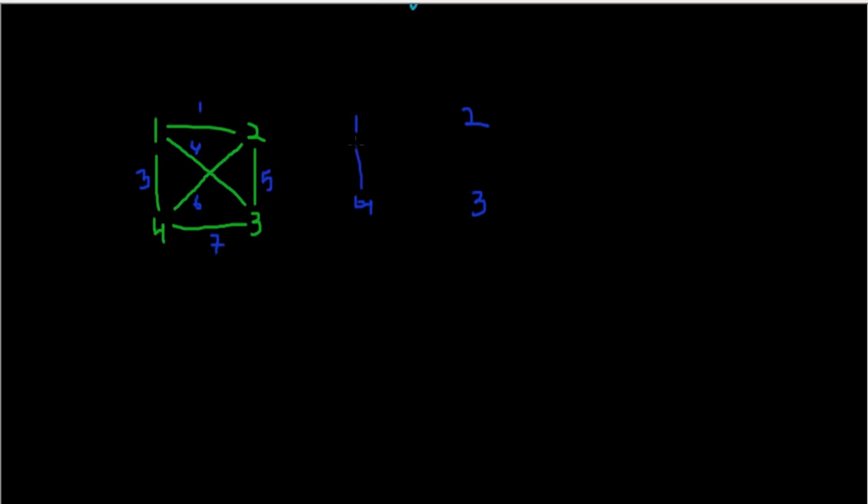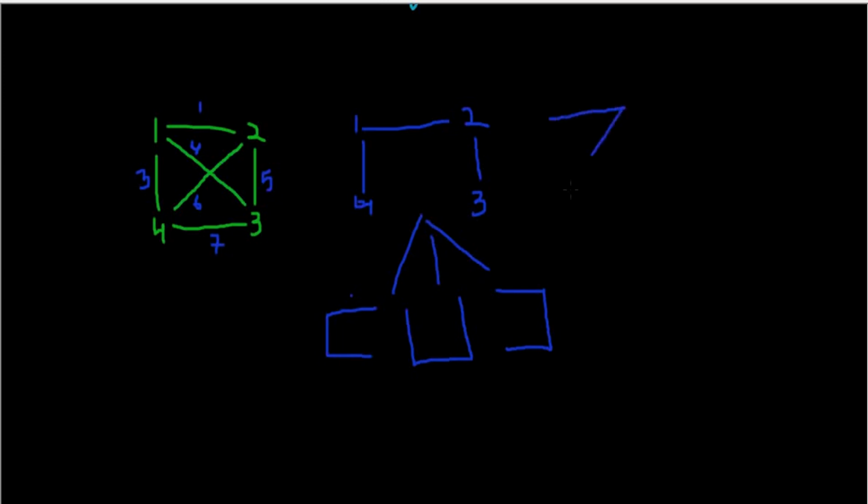So let us draw all the spanning trees one by one. So basically one of the spanning trees was like this. So this pattern will contain 3 more spanning trees like this, and like this, 1 to 4, then 4 to 3 and then 3 to 2, and one more spanning tree will be like 1 to 2, 2 to 3 and 3 to 4, right? So these are the 3 spanning trees of this type, right? And one more type which we saw was like this, 1 to 2, 2 to 4 and 4 to 3, right?